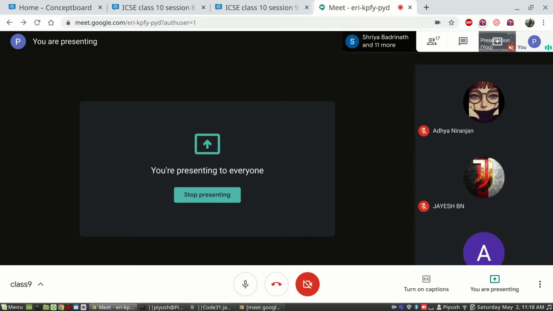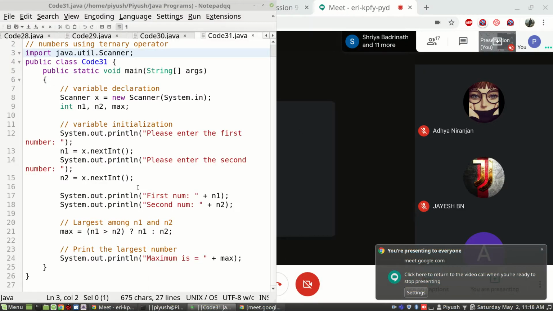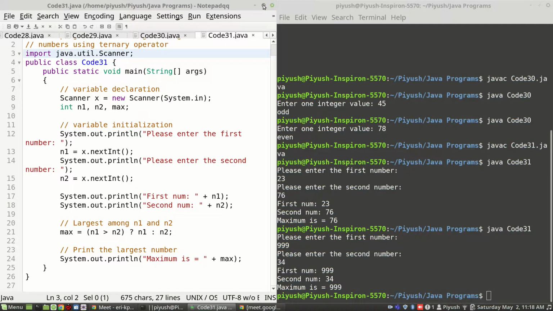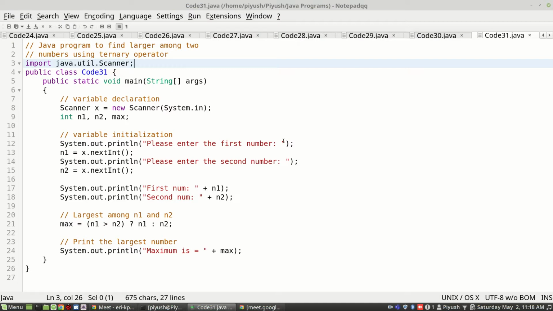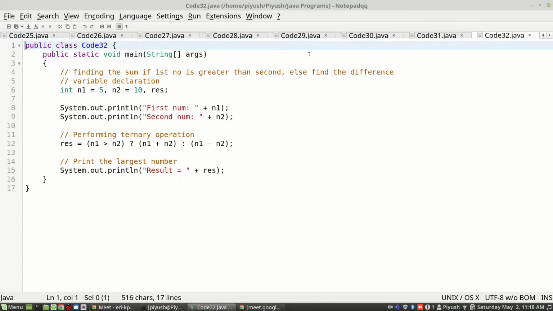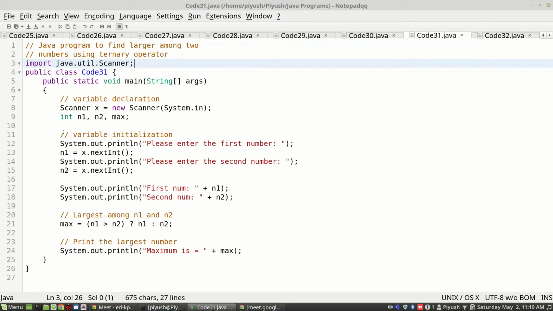Yes. So we were discussing ternary operators. We saw the concept. We also saw one program in the ternary operators, and now we'll see one more program. Okay, what does this program do? So finding if the first, we'll be accepting two numbers again. Let me make it that generic thing again.